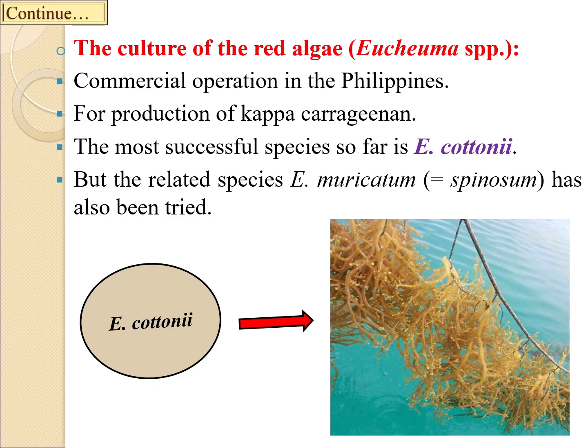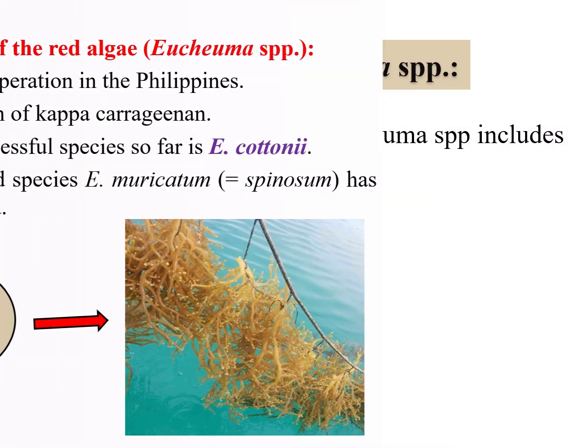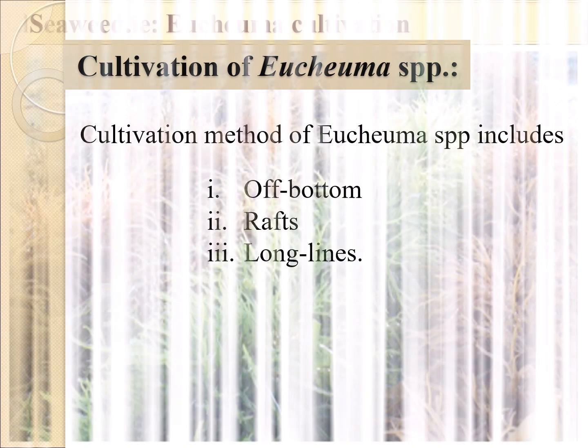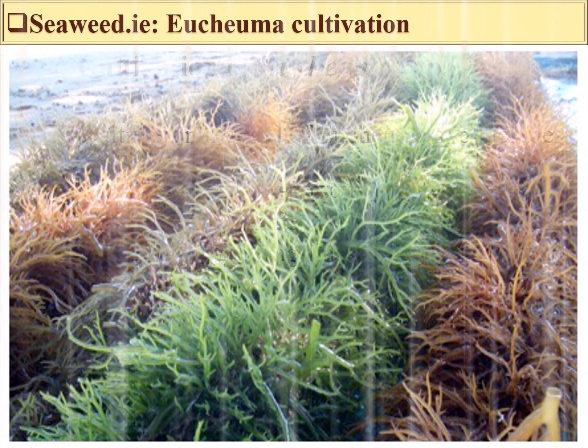The off-bottom method uses stakes which hold the ropes with the propagules attached and must be done in shallow and clean water. Rafts are frequently used in deeper waters but require boats to go to the farms. The structure to keep the ropes inside the water is provided by rafts made from bamboo, wood or PVC pipe instead of stakes. Long lines can be used as in off-bottom, as in the raft methods, and is a more intensive cultivation process. It is recommended when large areas are being used for the culture of E. cottonii, protected coral reef areas with a good water flow.